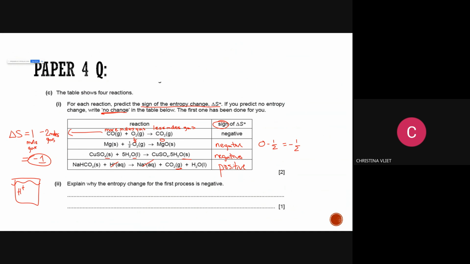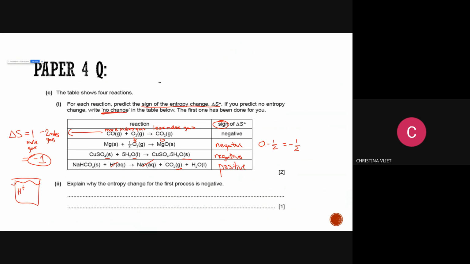What was the explanation for the third one? Why was that? Because you're going from a solid and a liquid, and it's a phase change to just a solid. And liquid is always significantly more disordered than a solid. So even though it's a more complex solid, it's still just a solid at that point. Everything's stuck together in the solid phase, just vibrating, no movement.